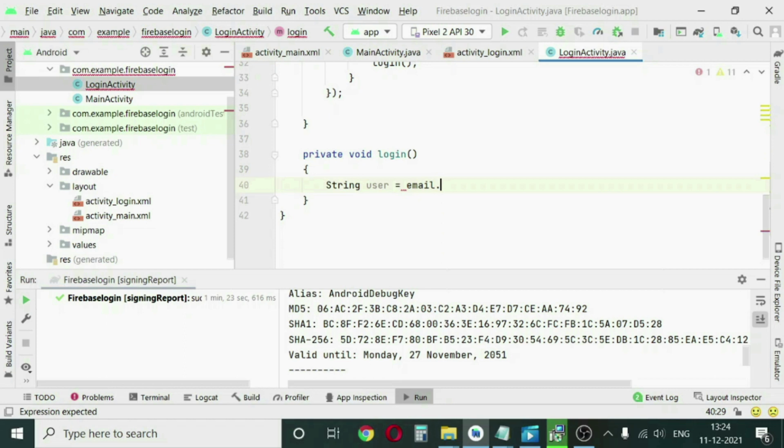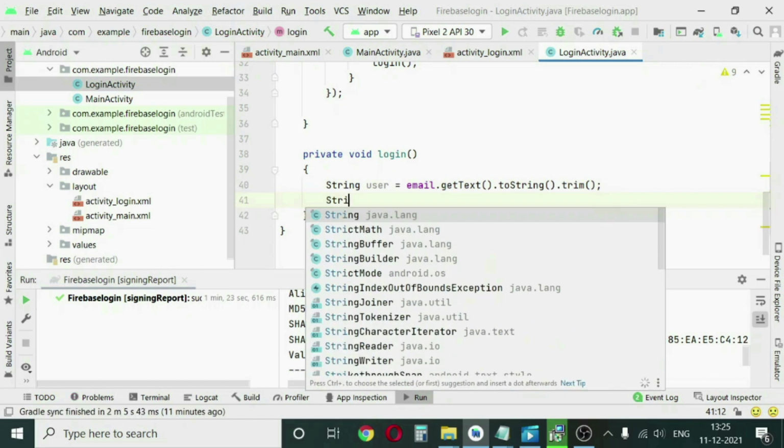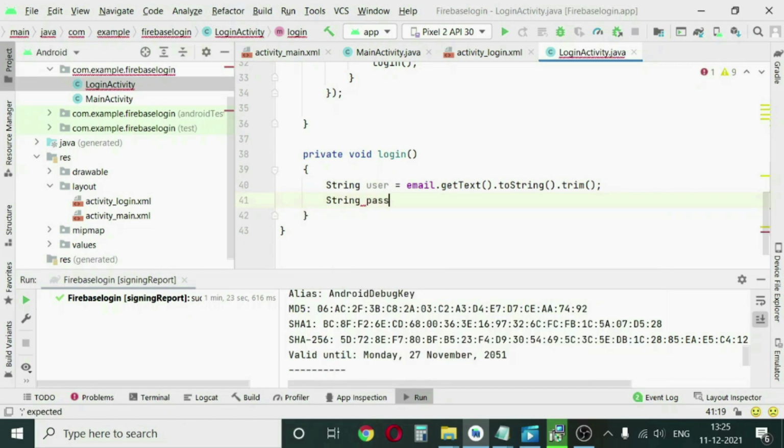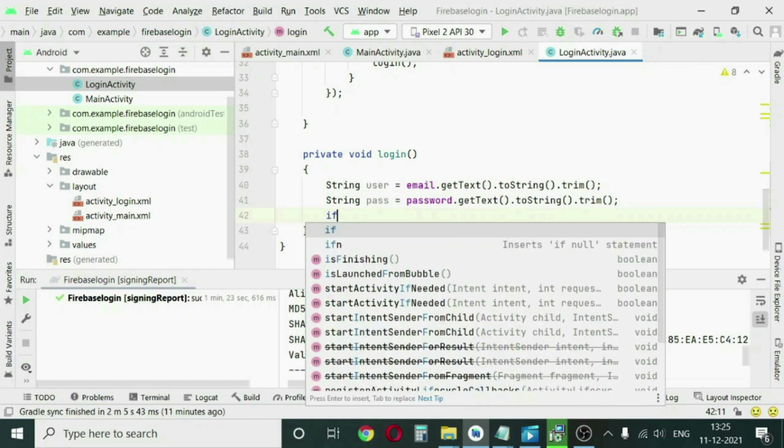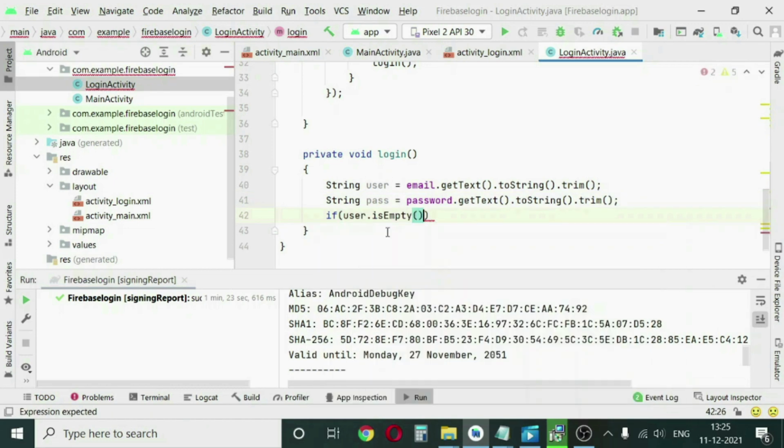So email.getText().toString().trim(), it is better to trim. Then String pass equal to password.getText().toString().trim(). Now we'll check if user is empty.